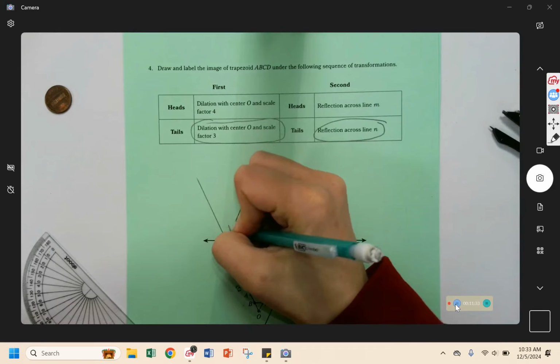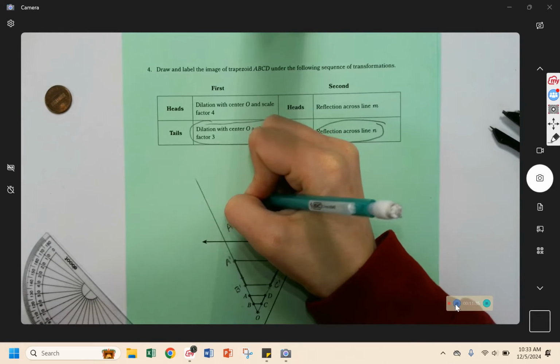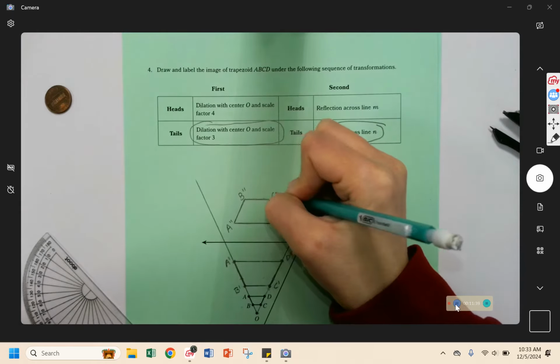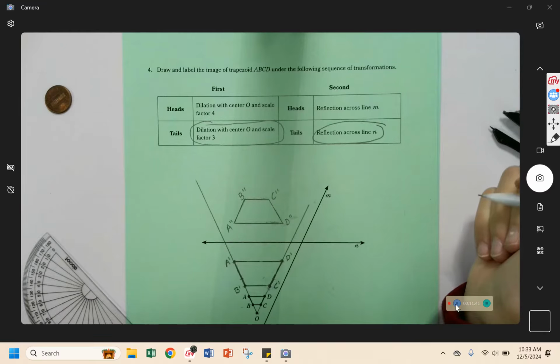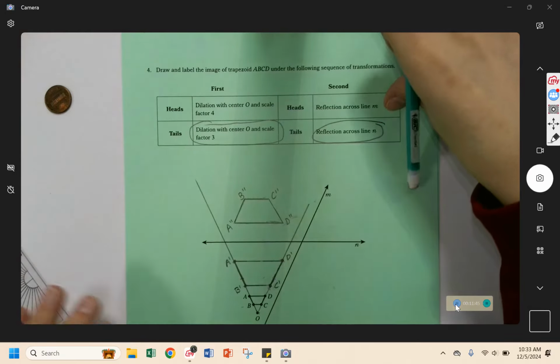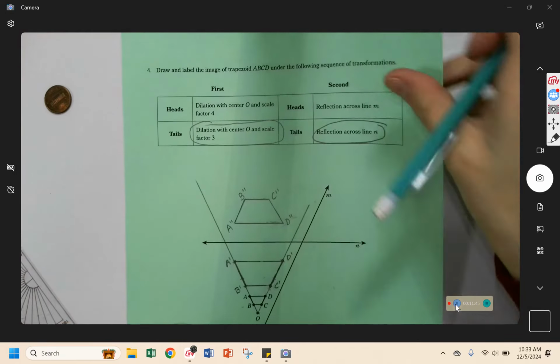This would be A double prime, B double prime, D double prime, C double prime. Now we have a grid, so this will help us. We won't have to do as much with the tools that we have here because we have the grid. So we're going to flip